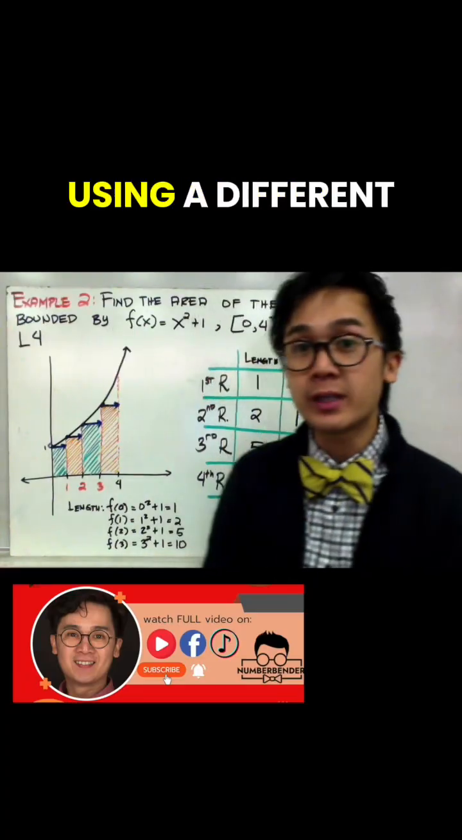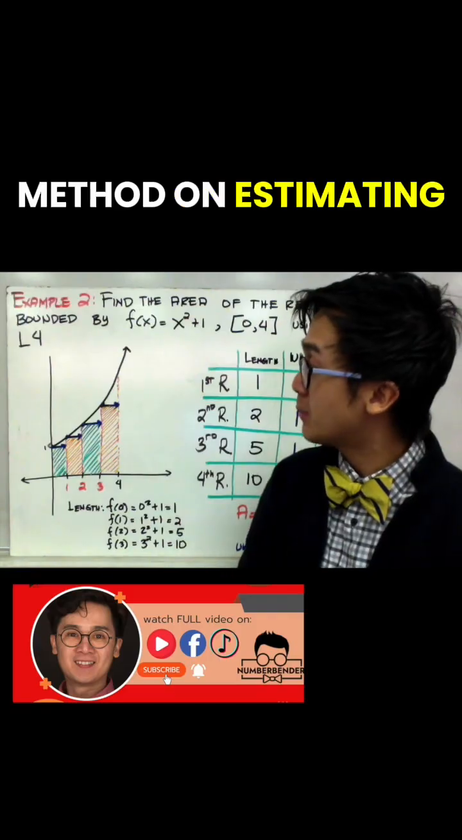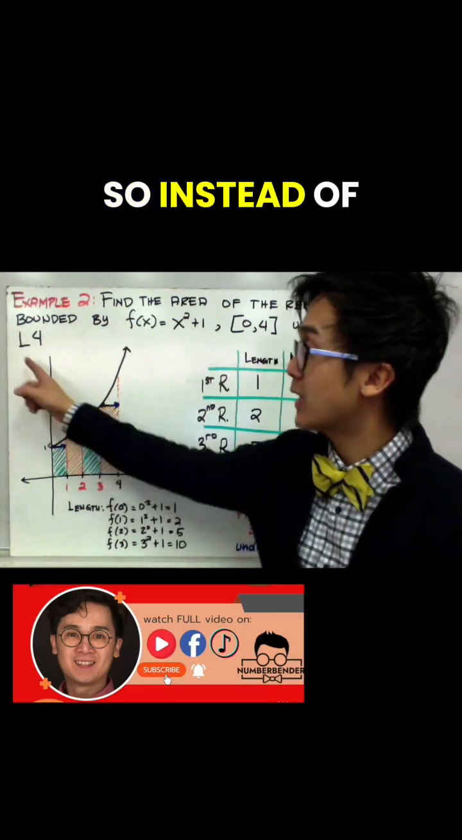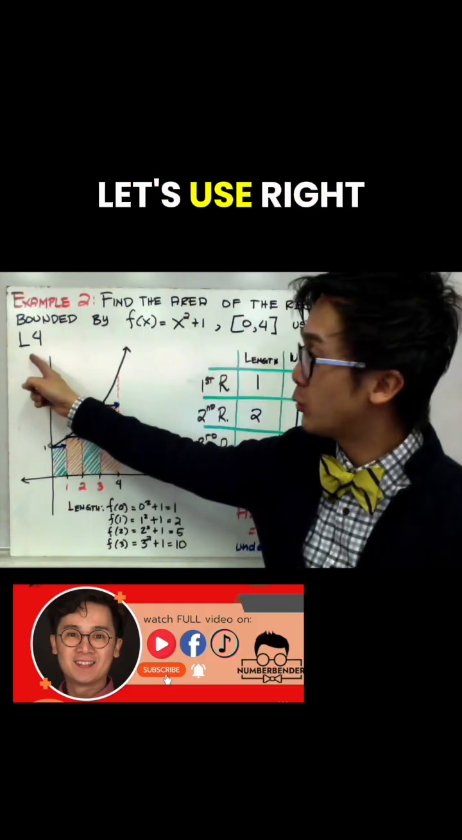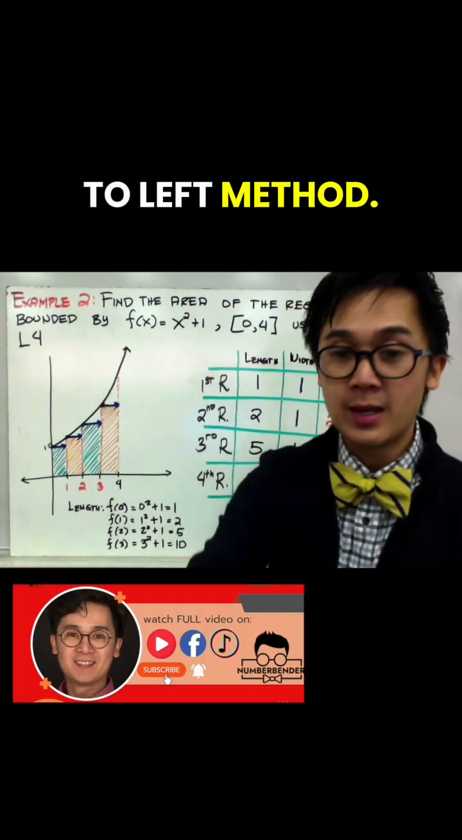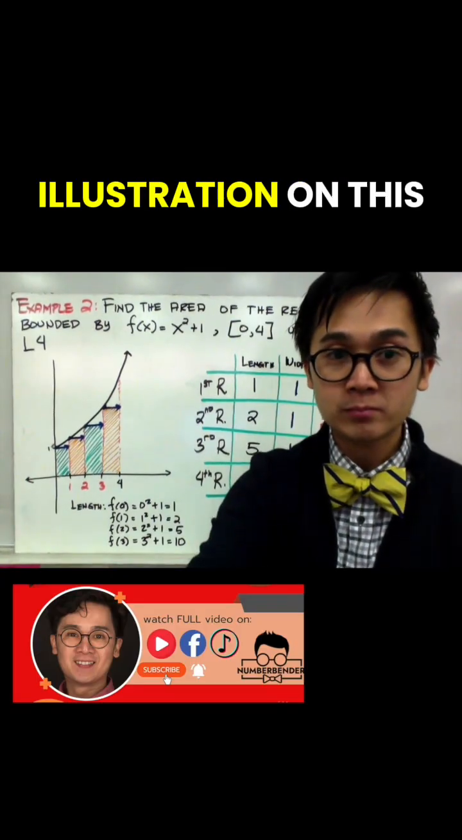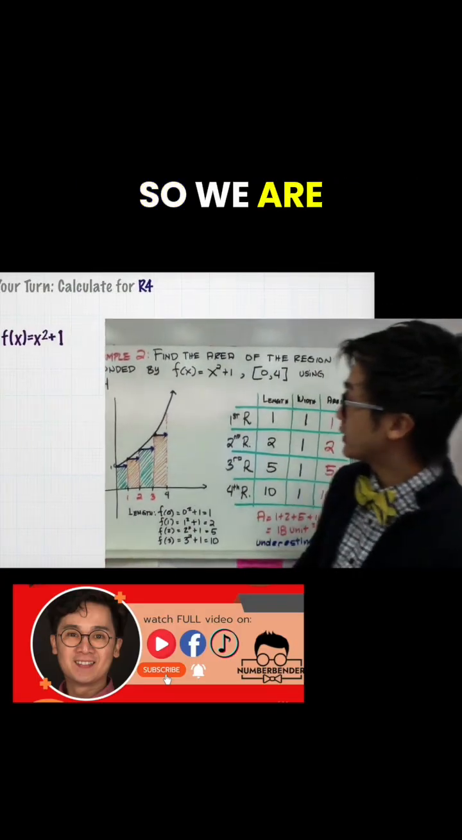Now, what if we use a different method of estimating our area under the curve? Instead of left to right, let's use the right to left method. And here's my illustration of this method. So we are still using the same